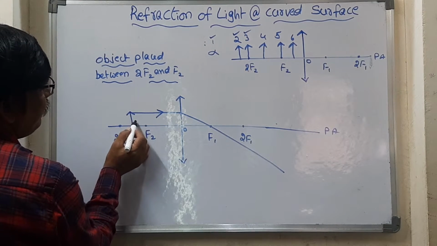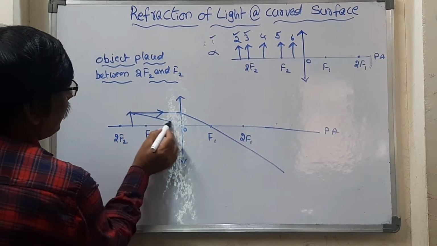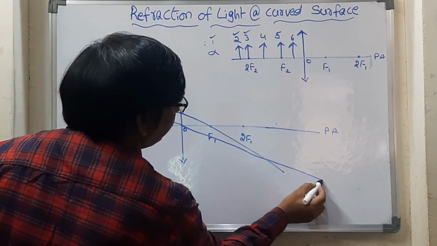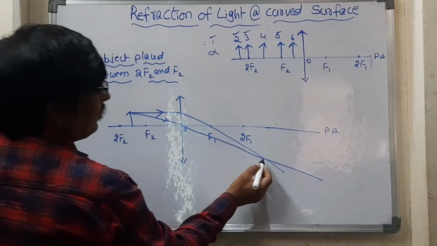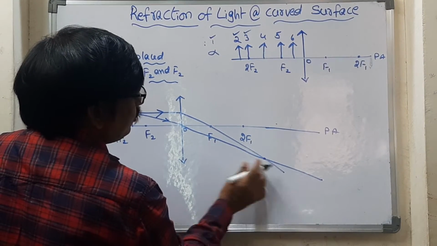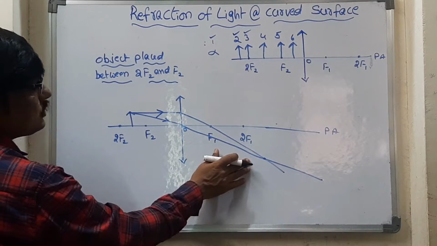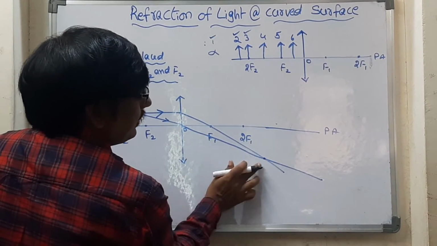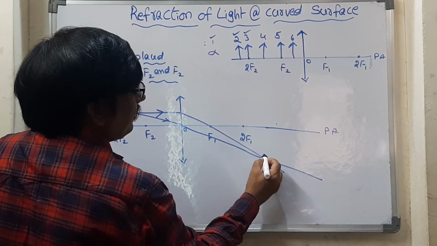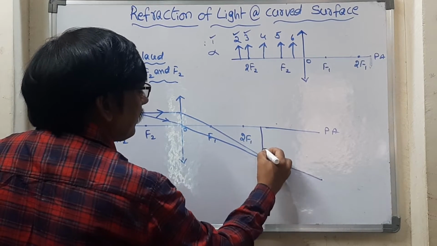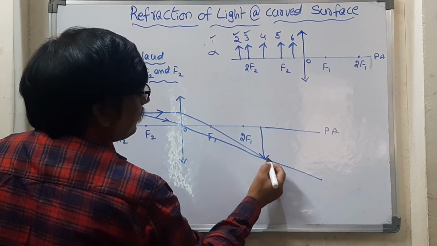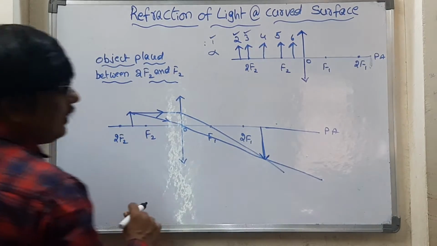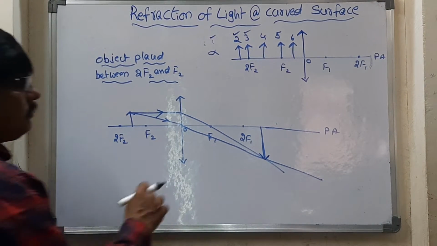The second ray, where will it travel? It passes through the optic center. Once it is passing through the optic center, what will happen? It will pass like this. So both rays are intersecting. Use the scale; as the scale is not being used, it is not coming properly. Use the scale and you will get it perfectly. This is the intersecting point. From this intersecting point, draw the perpendicular. When you draw the perpendicular, what do we call this? This is what we call the image. Got it?